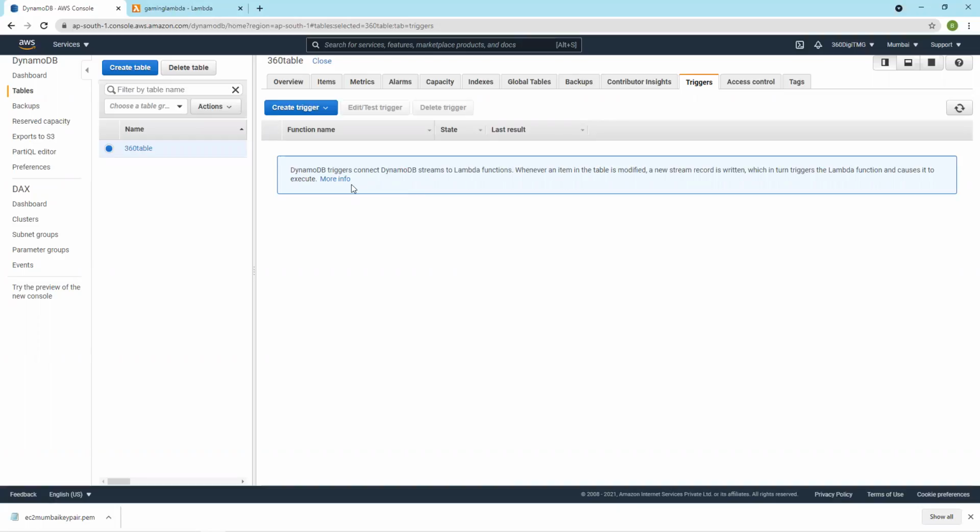Or you can also write a piece of code. Whenever an item is added in your DynamoDB table, you can enable this Lambda trigger. The Lambda trigger will fetch the latest value and send it to your app. So it's easy. Now you need not scan the entire table every minute or every couple of minutes.